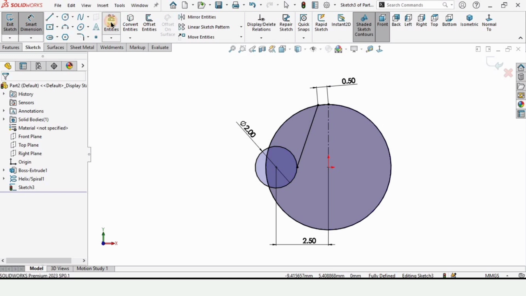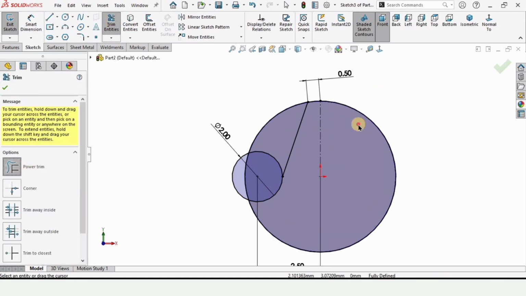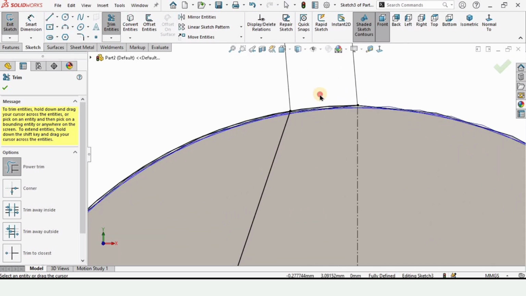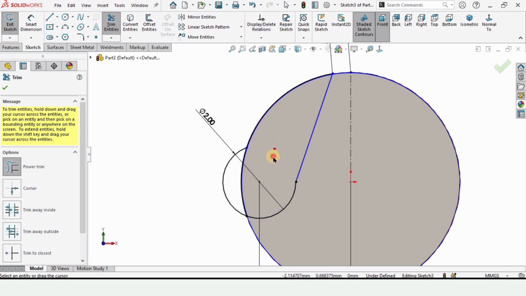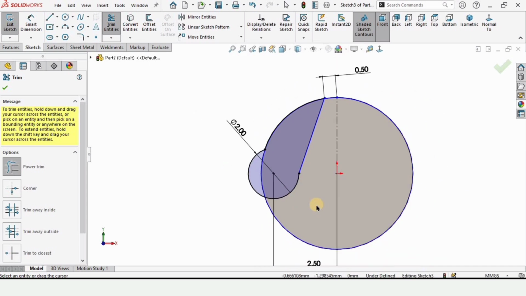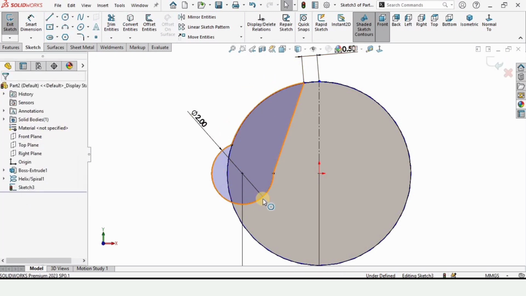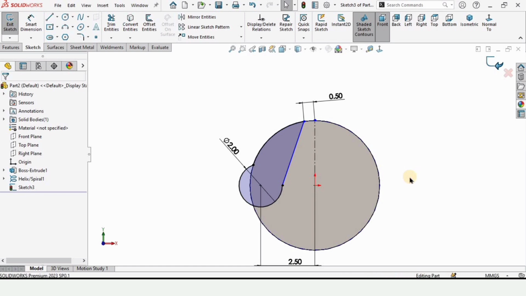Okay, now select trim entities, and here select power trim and trim this outer boundary very carefully. You need to trim this arc and this internal arc as well. And as you can see, this sketch has turned gray, which means that it is ready to be extruded or revolved. Now exit the sketch from here